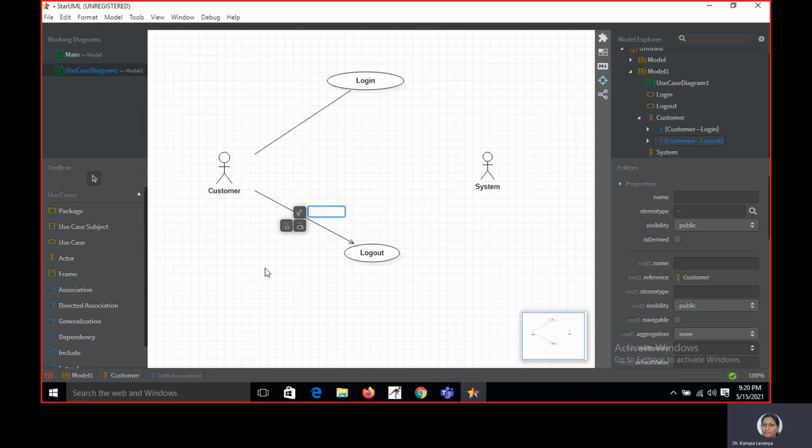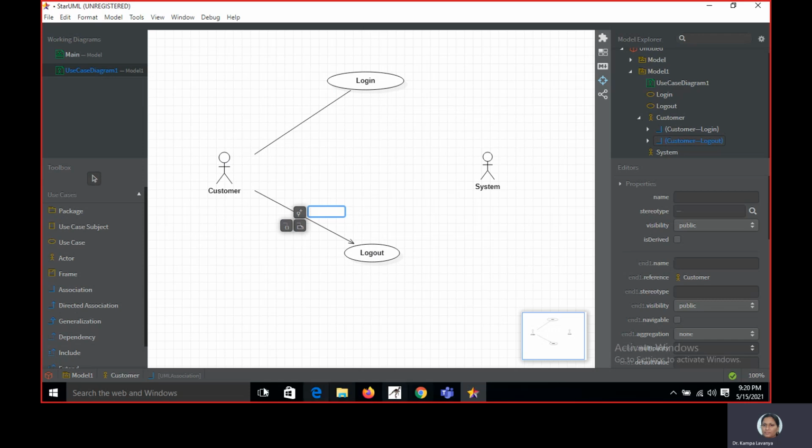Depending upon the application, any one of the relations you can include among the actor and the use cases. This is the way you can use the Star UML software to build your own UML models.